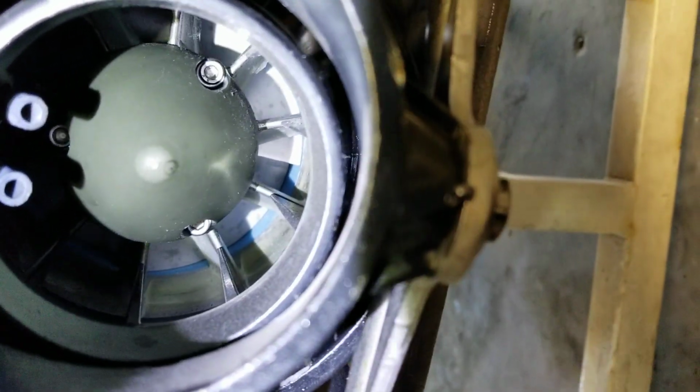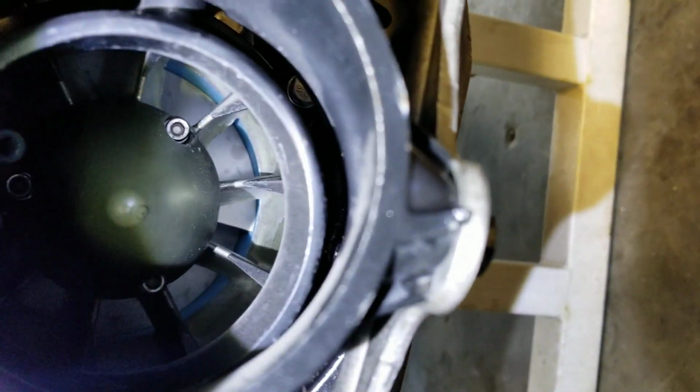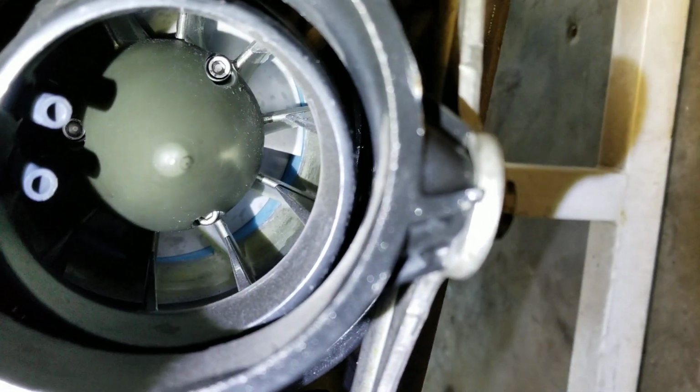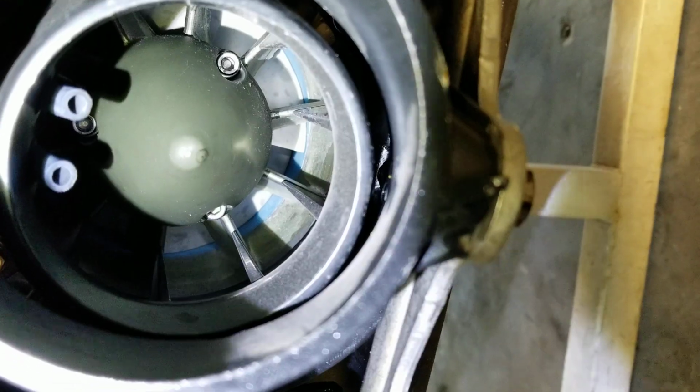See, nice. Fresh impeller. New air ring. It's pretty cool. Should have top-notch propulsion. Then on top of it,